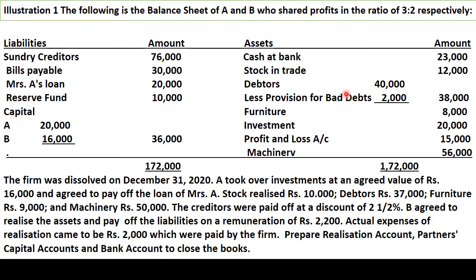and debtors must be written without reducing the provision, since provision is termed as a liability. So that will go to realization on the reverse side, and profit and loss will be distributed between partners in their